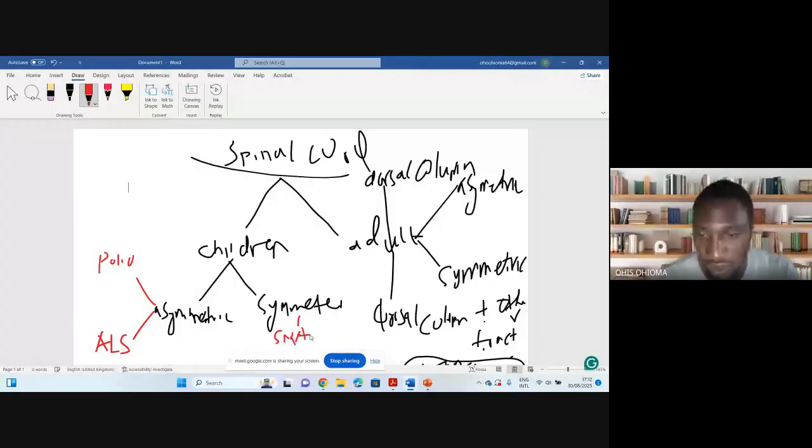So now let me show you what happens. This is the spinal cord, right? This is the posterior commissure, right? This is the